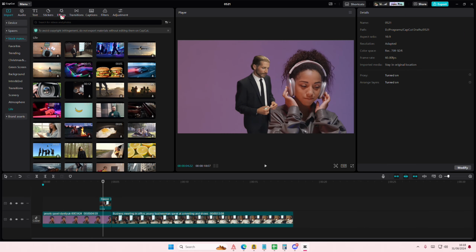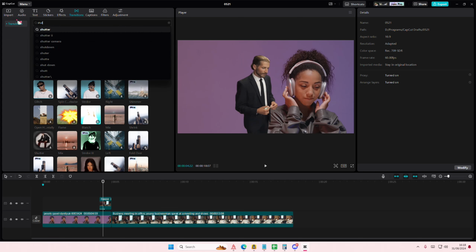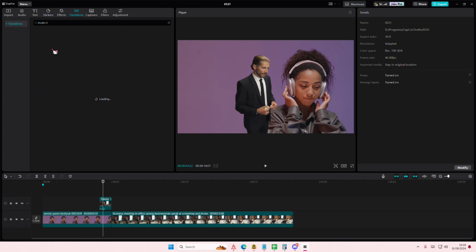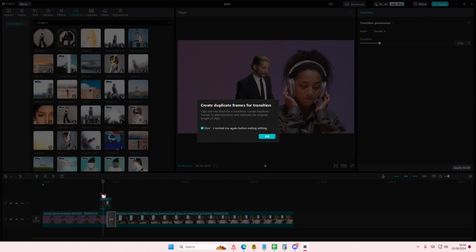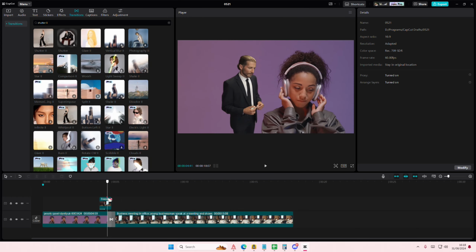And then you can go to transitions here and search for shutter. Then you're going to select it and you're going to place it there. And that is it. You can do it for all of your video transitions,